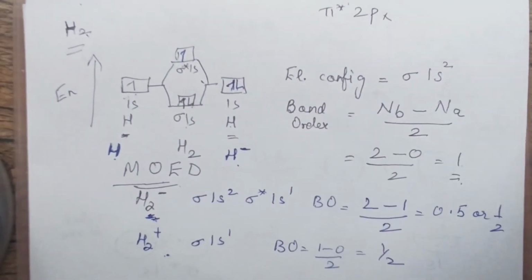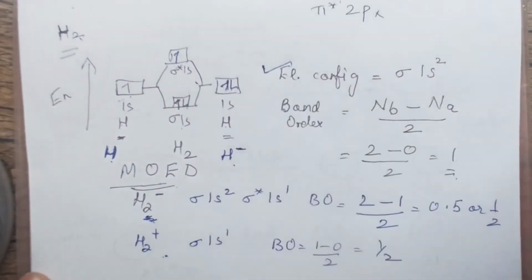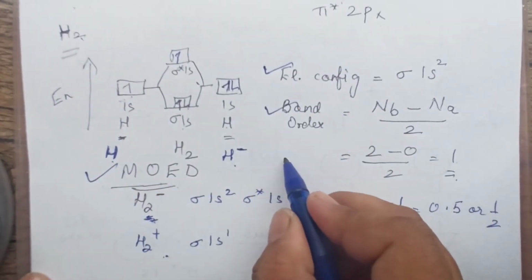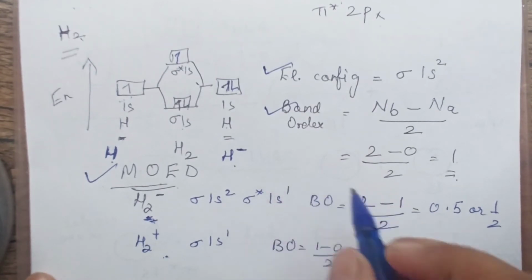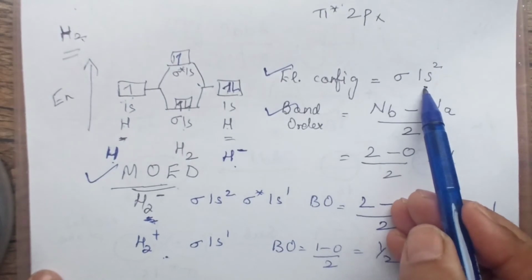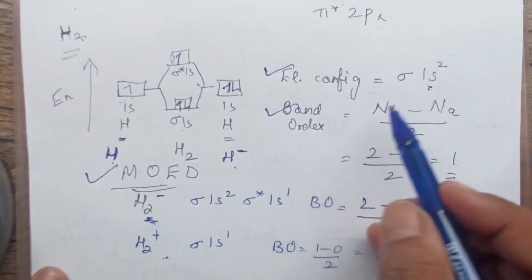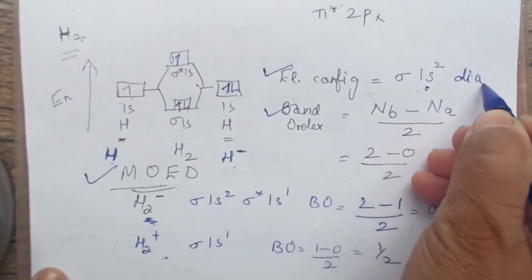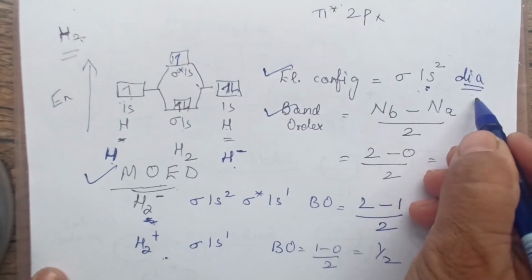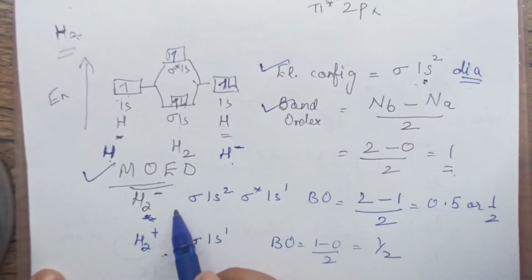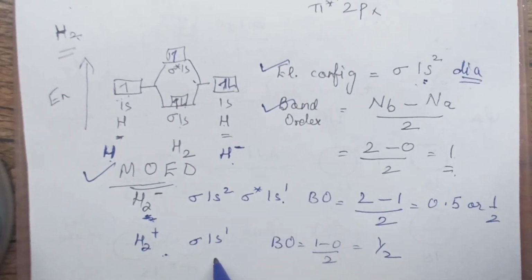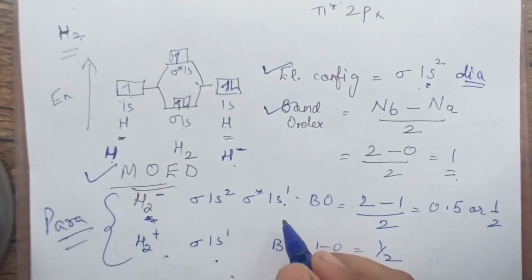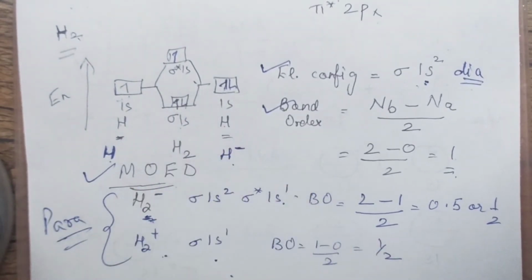Okay, one more thing I had to tell you here. You can see we said one thing is configuration, another is diagram, and we know the bond order. Another thing, we can also check for the magnetic behavior. If you see, this was the configuration for H2. There were no unpaired electrons in the molecular configuration. So no unpaired electrons means it is diamagnetic. If it is having any unpaired electron, then it will be paramagnetic. Like H2 plus, this one is having one unpaired electron, and this one is also having one unpaired electron. So both these are paramagnetic. In the molecular configuration you can see the unpaired electrons, and even in the diagram you can find out.